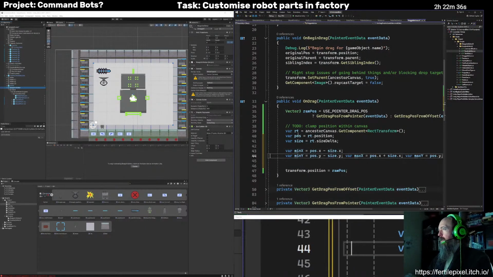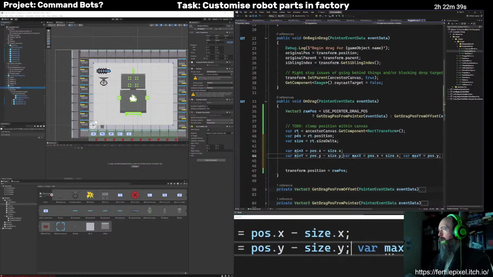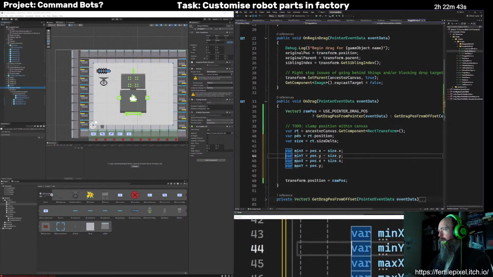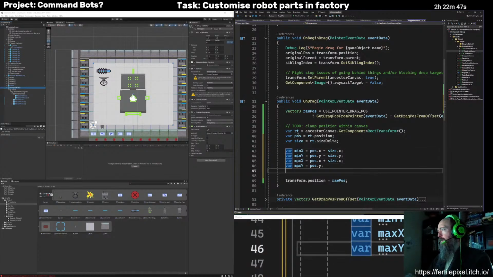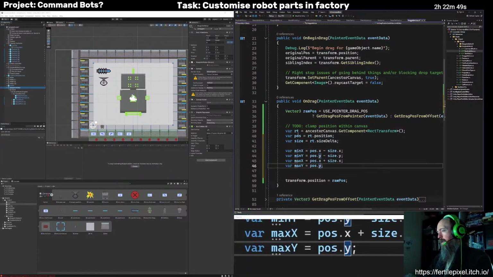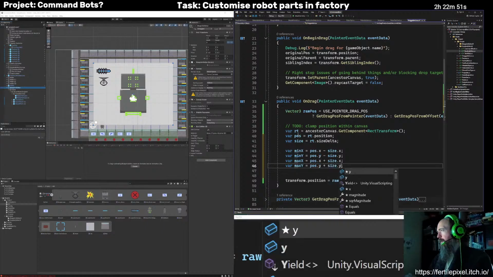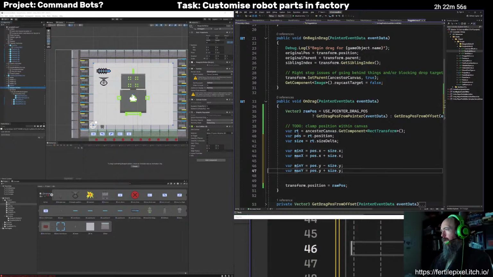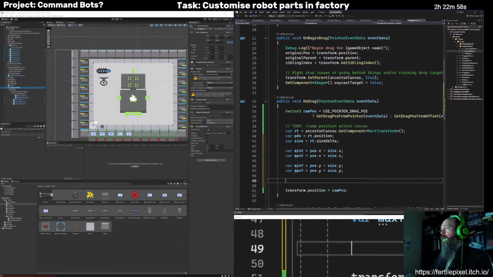Okay, so now we've got the bounds there. Minimums are minus the size, maximums are plus the size. Okay, looks good. Let's just put the X's and Y's together, and so that is what we're clamping between.